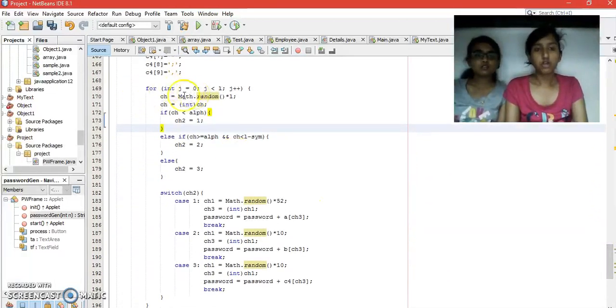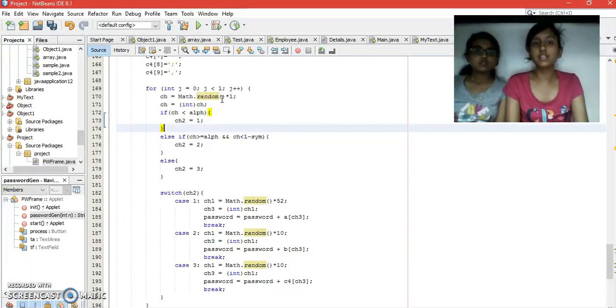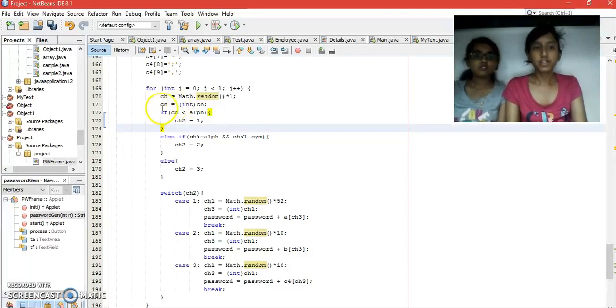Next we go to the for loop in which ch is equated to Math.random times L. Now Math.random is nothing but a value from 0 to 1, in which any of the decimal values can be generated, and it is multiplied by L. L is nothing but the length of the password. For example, if we take L as 30, then it is 30 times 0 to 30 times 1, so a value between 0 and 30, and however many alphabets are required will be printed. And since Math.random creates a double value, we are typecasting it into an integer.